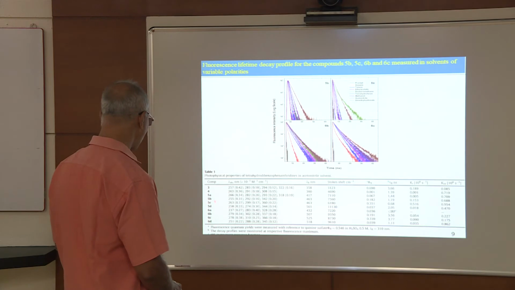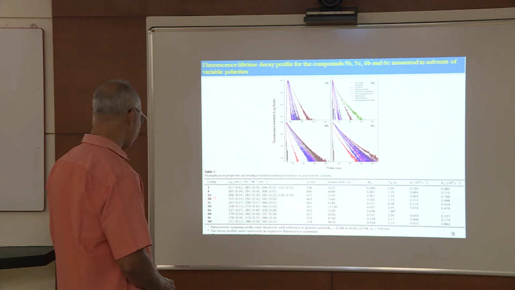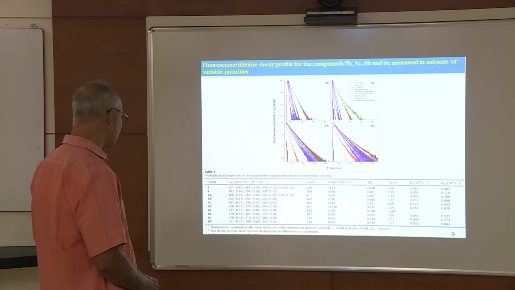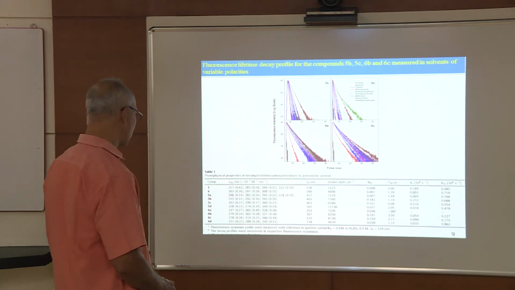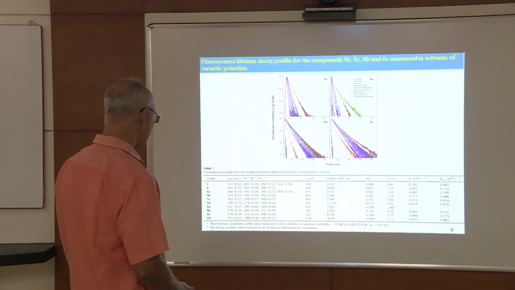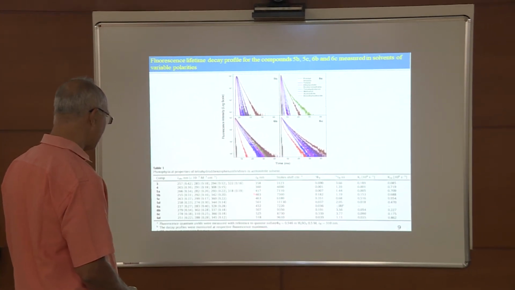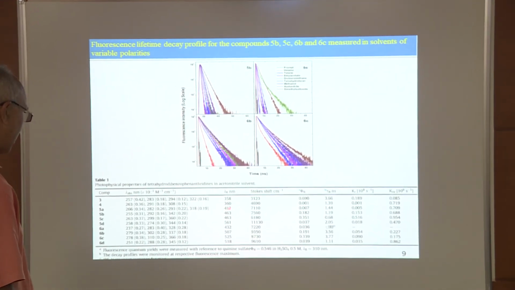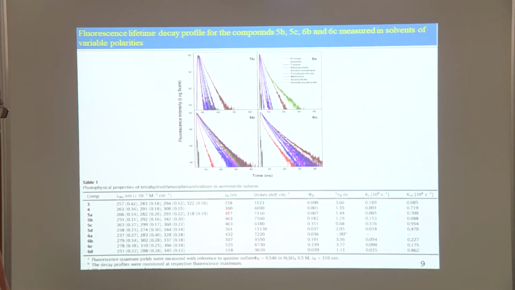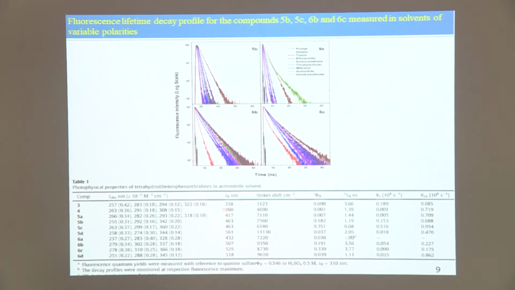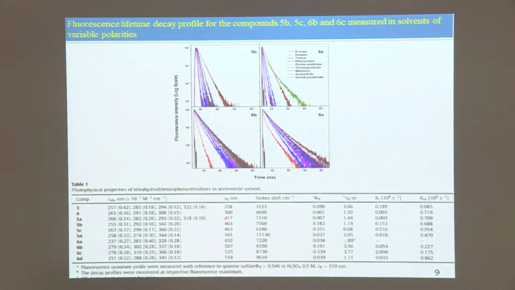So when we go to 5A, that is 5A is a benzene ring with O-methyl at the para position. We are getting the prominent peaks at 293, 318, and it is definitely redshifted, that is the shift is appreciable. With normal benzaldehyde it was 360, and it has gone to 417.